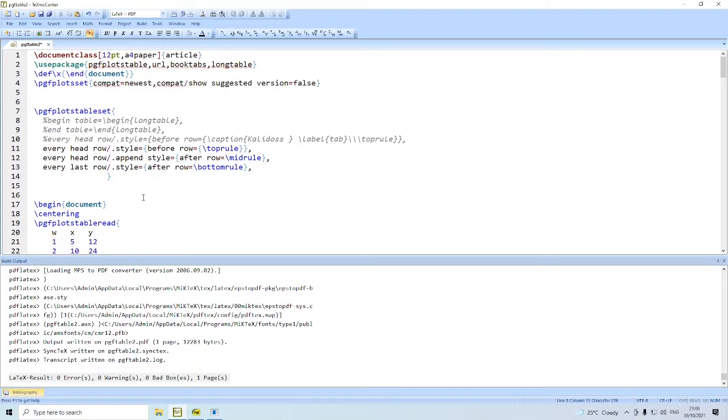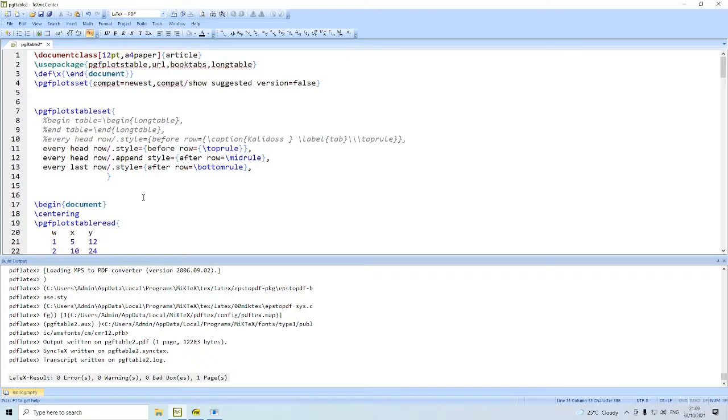Don't expect PGF plots table to do that part. You have the table environment and then input the output of PGF plots table into that environment. You will get it very neatly, simply.